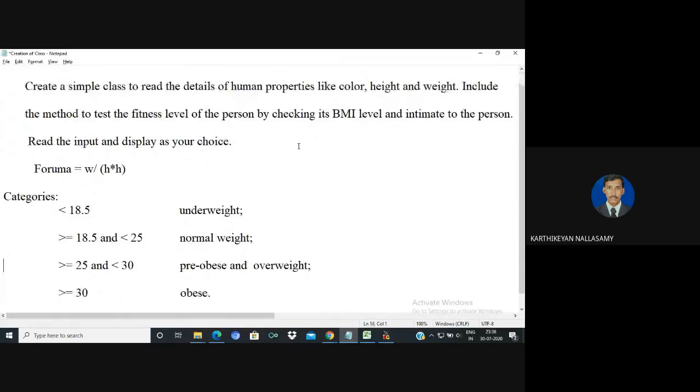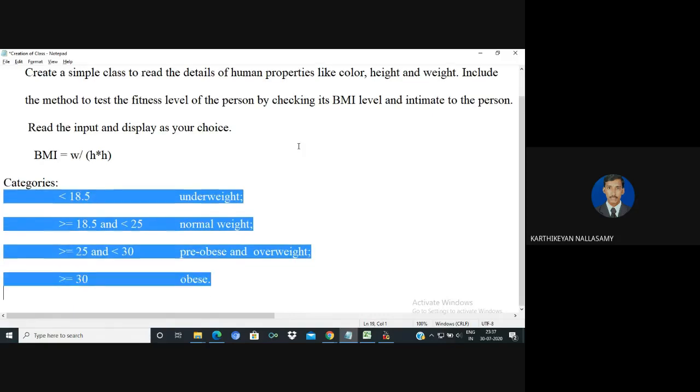If the value of the BMI, that is called body mass index, is less than 18.5, it is underweight. From 18.5 up to 25, it's normal weight. Above 25 and less than 30, it is called overweight, and greater than or equal to 30, it is called obese. So these are the four possible categories.